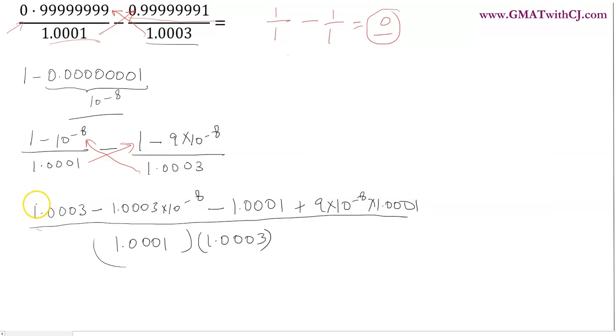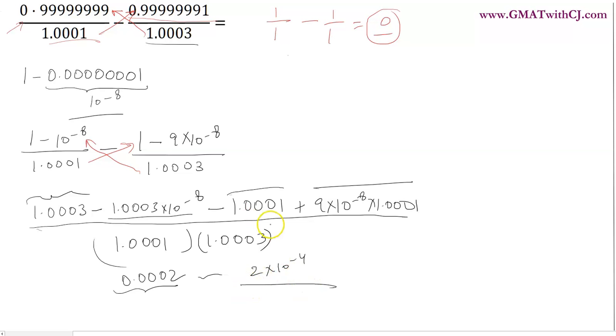So I can see these two numbers can be subtracted easily. So what I get is 0.0002, and I can see these two numbers can also be dealt separately. But at the same time I also see that this is 10 raised to power minus 8, and this number is just 2 into 10 raised to power minus 4. So there is an order of magnitude difference, right? It's 10 raised to power minus 4, this is 10 raised to power minus 8. So if I just add or subtract this, it is still going to come to very close to 2 into 10 raised to power minus 4.